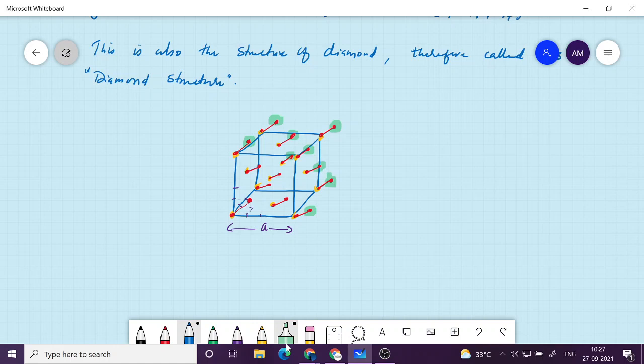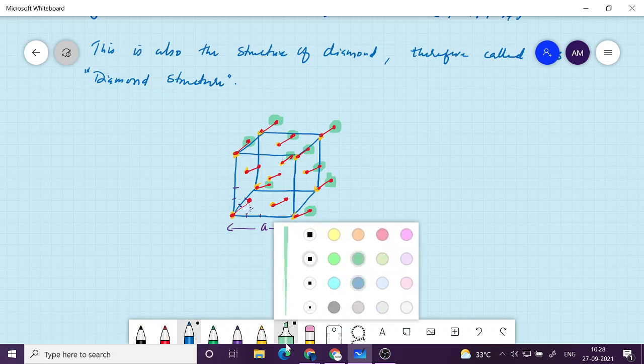So the top face, the back face, this side face, and all these corner atoms on the top and the right side, and similarly this one, which is at this corner, is outside. So let me see, 1 2 3 4 5 6 7 8 9 10, yeah. So all these are going outside, but four of them are having the second atom inside the unit cell.